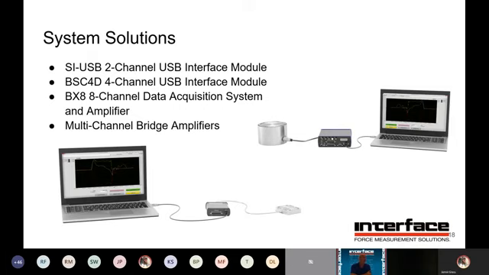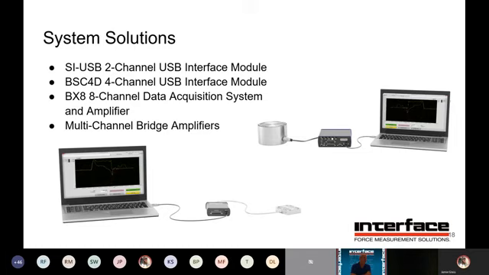configuration. The BX8 is our 8-channel data ACK, but it works perfectly with our 6-axis load cell. And what it does is it can do the coefficient, matrix coefficient math internally. And so this makes it a very easy way to work with the 6-axis load cell. It sounds very complicated on the onset, but when you get a BX8, basically it's point and click, load the matrix, and the matrix math is already calculated internally, and then provides scaled analog outputs for you to work with